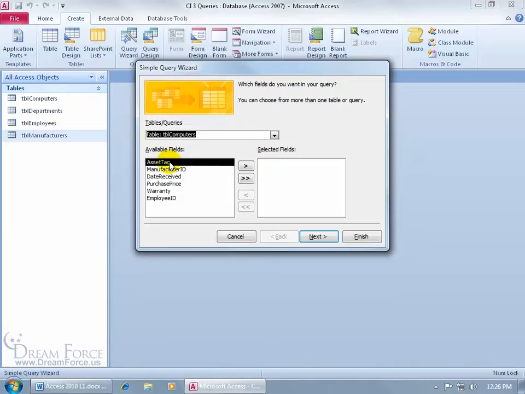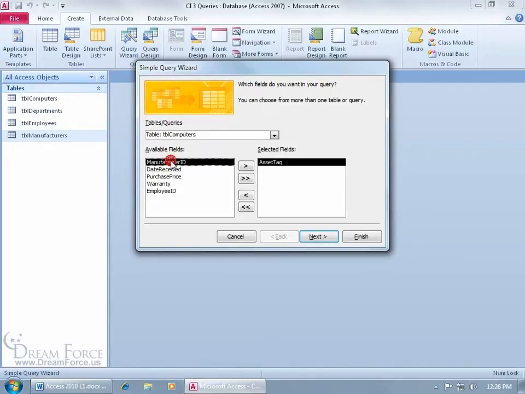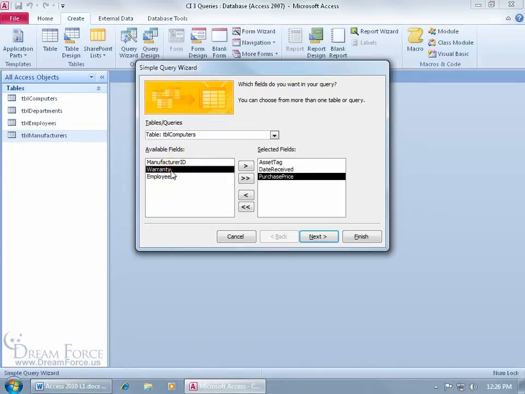Well, I want to see the asset tag. You can select it, hit the arrow to add it over as one of the selections, or you can double-click to add it. To remove it, you can double-click. To add all of them, click the double arrows, of course, to remove them. Asset tag, date received, and double-click on purchase price. Okay, and then I also want to add from a related table,